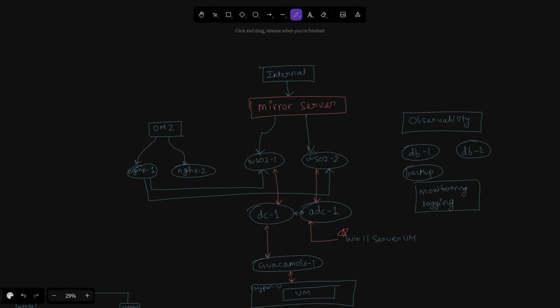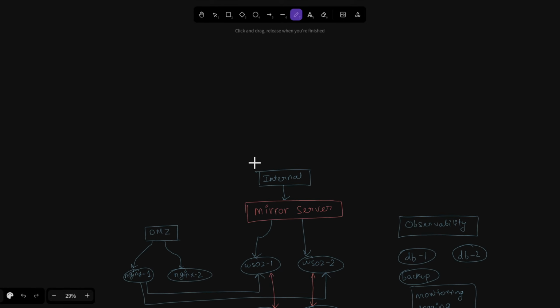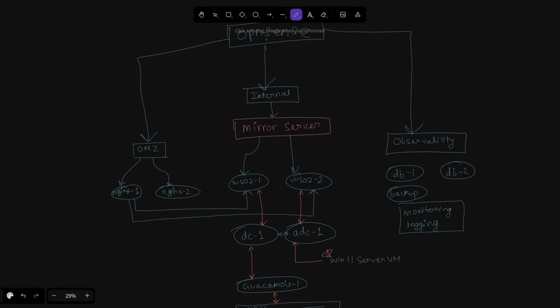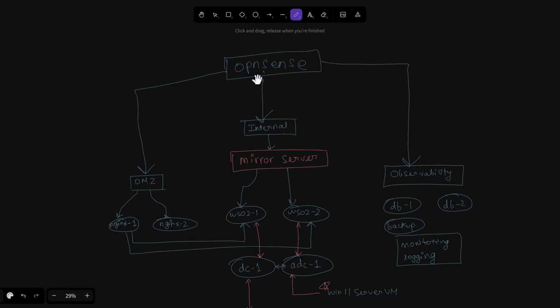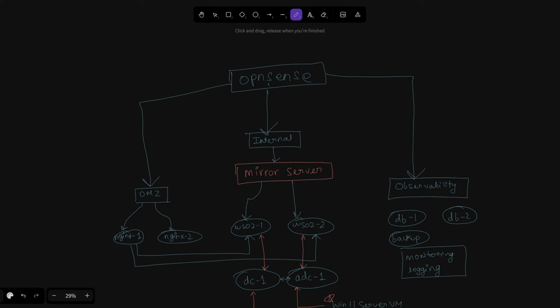And I have already built what? The OpenSense server. This is the firewall. And the DMZ, the internal network, the observability server, everything is secure via this firewall.